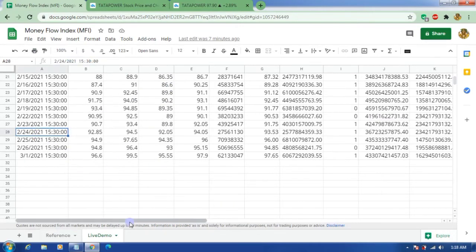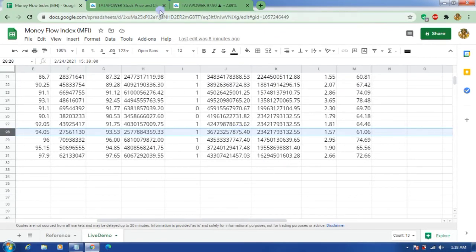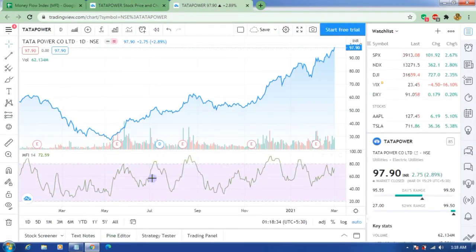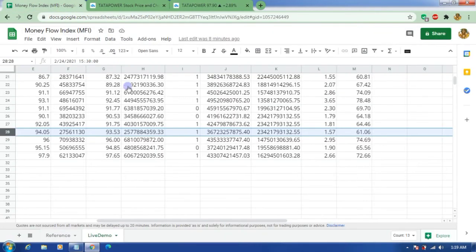February 24th, what is the value? 61.06. February 24th, what is the value here? 60.96. Here it was 61.06, so it's just a minor difference.